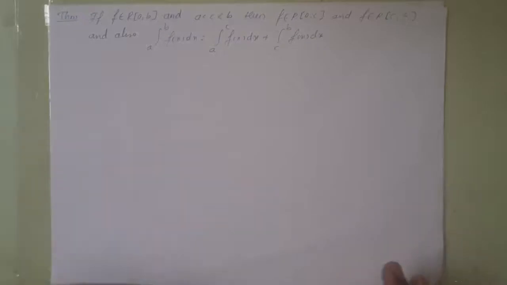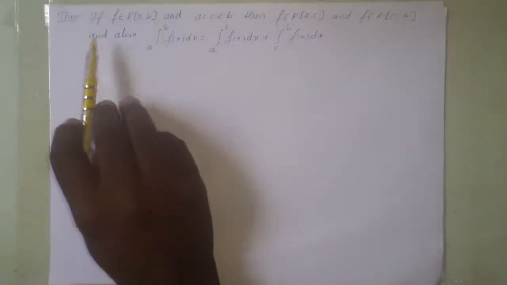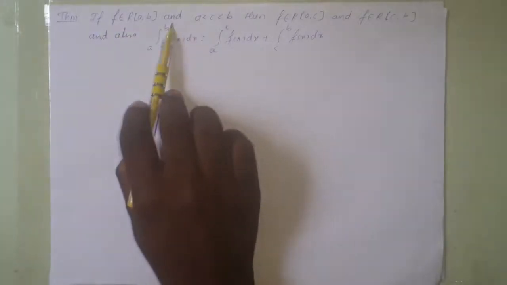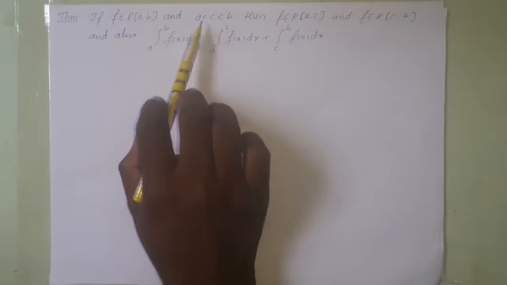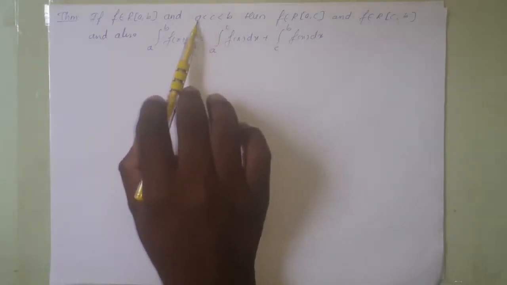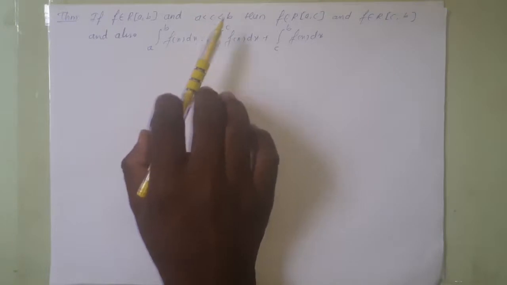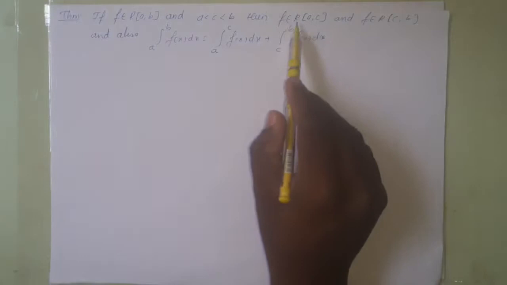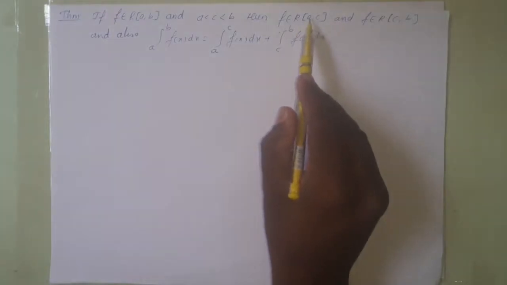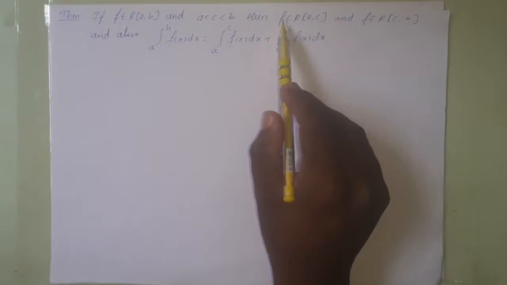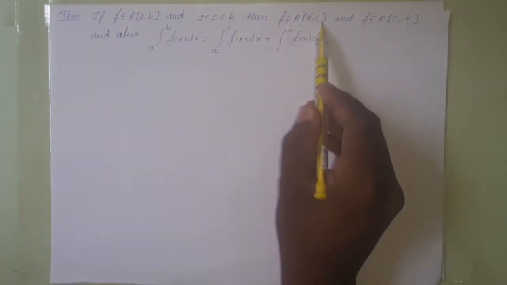In this class, let us discuss the theorem. So here is the statement of the theorem. If f belongs to R of closed interval [a, b] and there exists a value c in between a and b such that a < c < b, then f belongs to R of closed interval [a, c], meaning f is Riemann integrable on the interval [a, c]